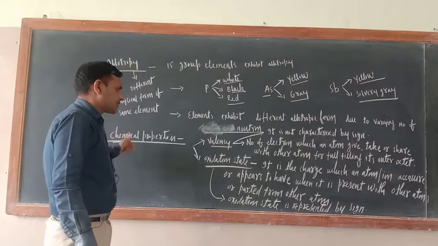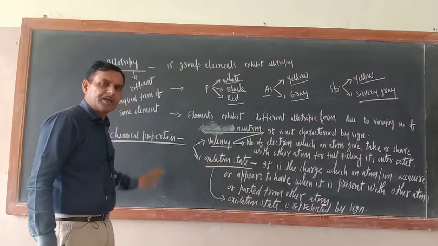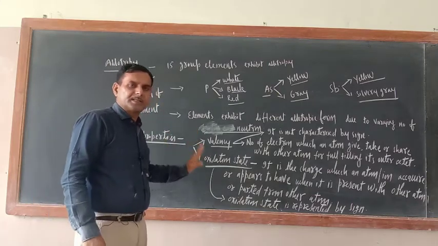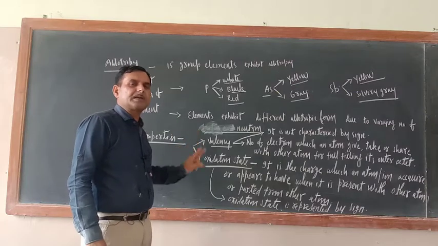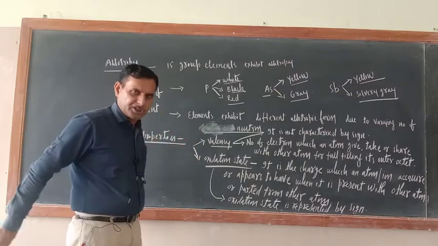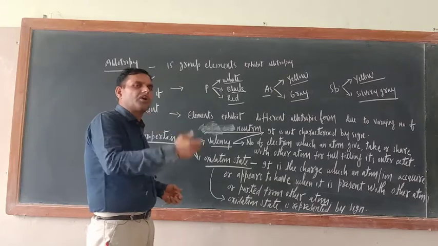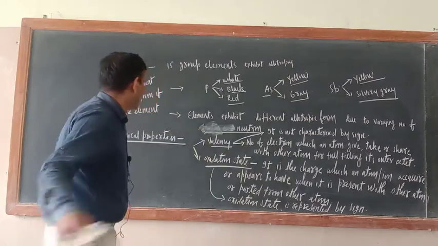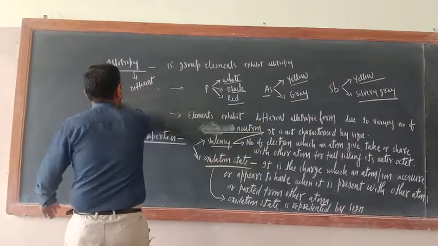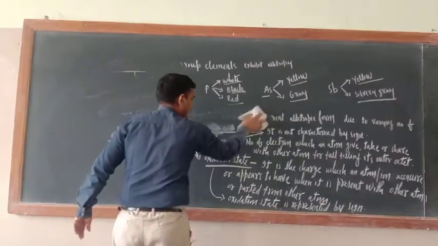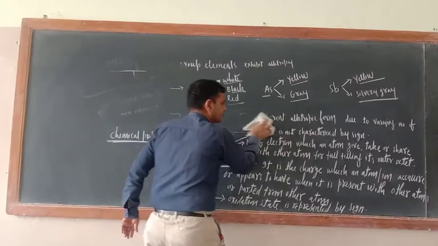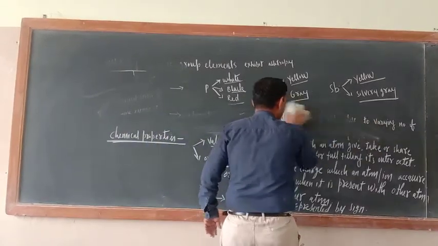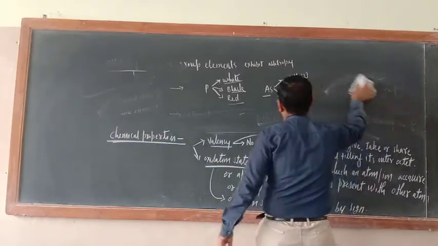Now next, let us move to the chemical properties. As far as group 15 is concerned, their first chemical property is the oxidation state. Before discussing the oxidation state, let us have some distinction. So just see, now allotropy is over. I am deleting this one because I need some space to explain the things. So just try to understand here.